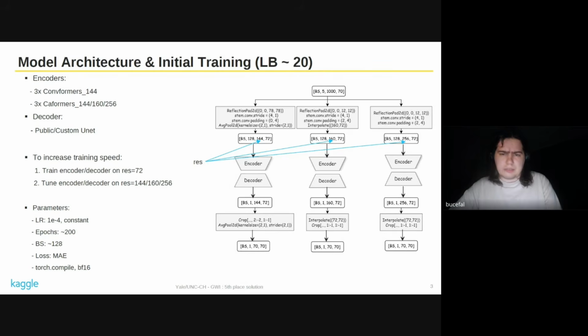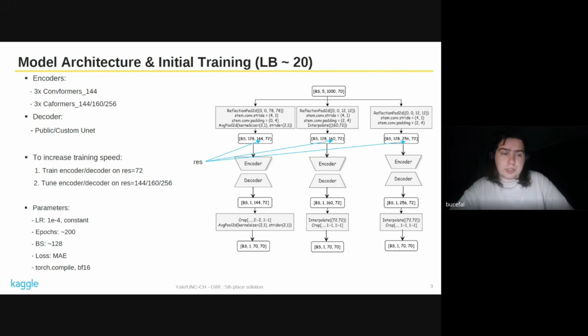And here are some additional hyperparameters that were used for our trainings. Cosine scheduler with 1e-4. Constant scheduler worked good. Also, we trained for as many epochs as we could until we hit the convergence point.